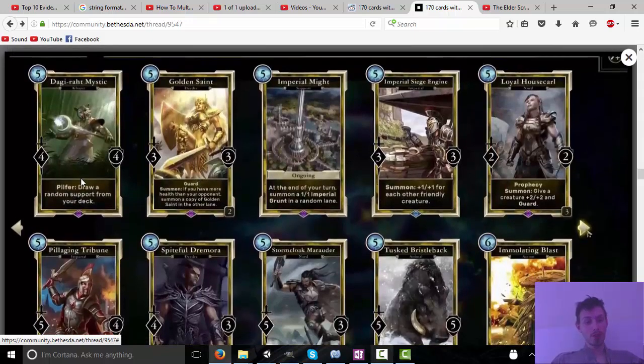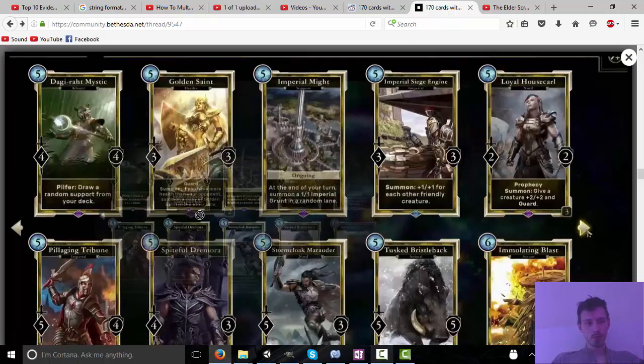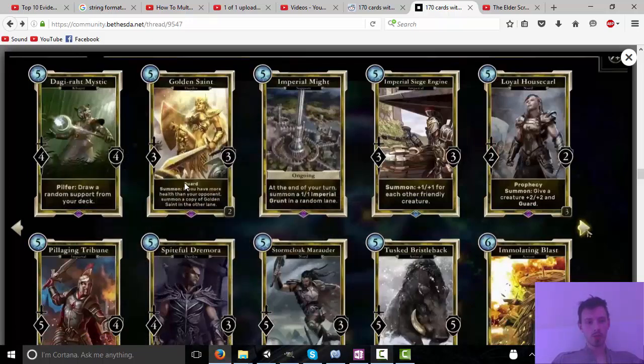Still draw random support from your deck. Not bad, not bad. You would want to draw supports with this guy. It's a useful card. Guard, summon if you have more health, which is a recurring theme for some reason. Oh, again, summon a copy of this card, right? In the other lane. If you have